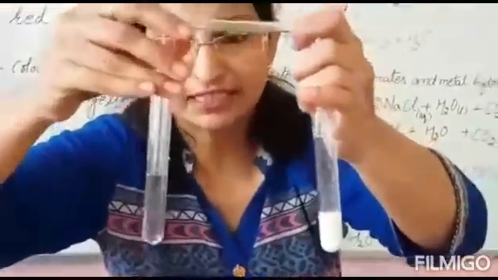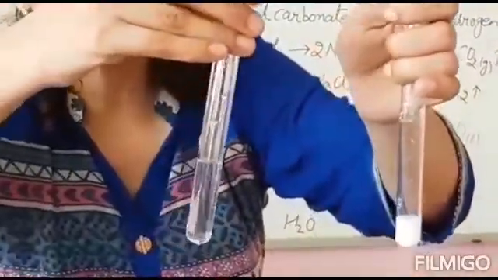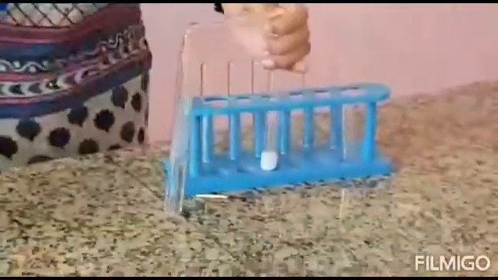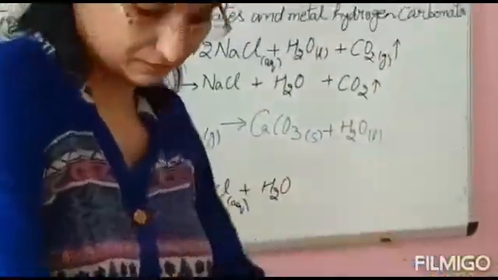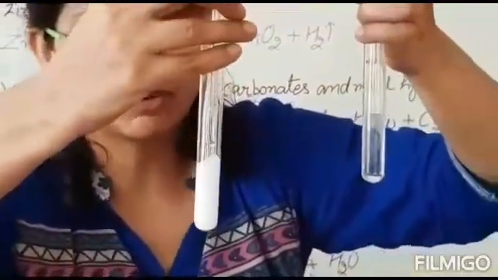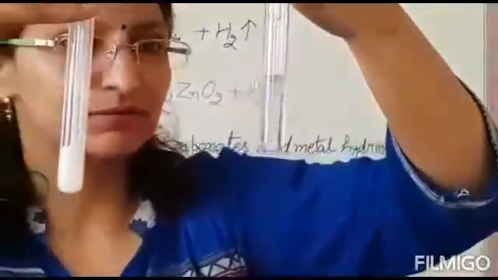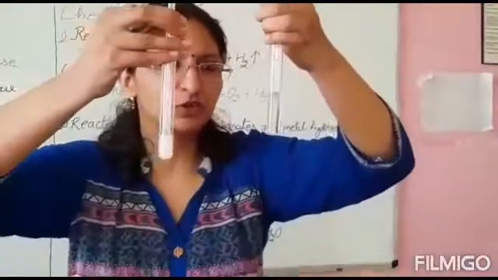So carbon dioxide gas is coming out, and I am passing this carbon dioxide gas into the lime water, and it will take some time, and then it will turn the lime water milky because of the formation of calcium carbonate. You can see the gas is evolving in this tube, that is carbon dioxide. It is evolving out with effervescence, and then it is entering into the lime water, which is being turned milky white. With time the whole solution will turn white.